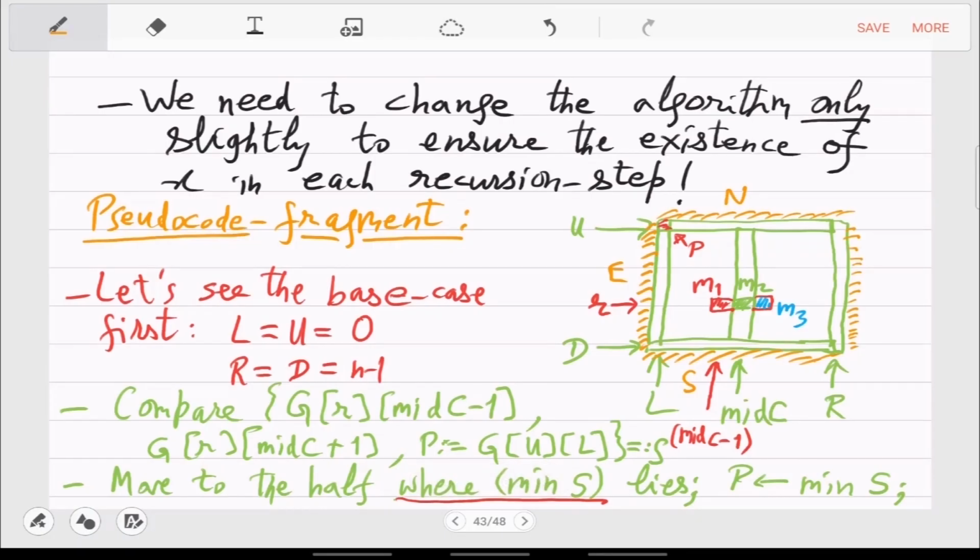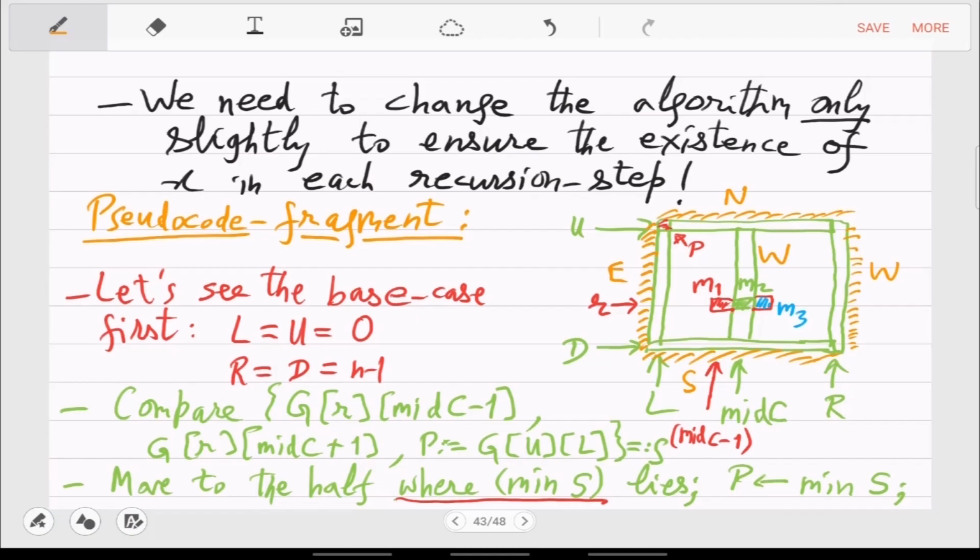Moreover, the new west that you are introducing here, so you are shifting the original west to this west. In this boundary also, every cell is bigger than P. Okay, so this is the only case which you have to understand.